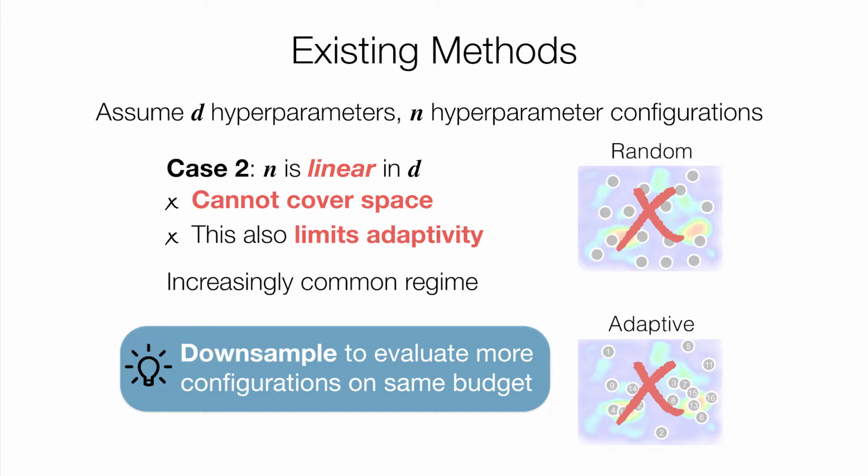So what do we do? We're stuck with a particular budget, something like n hyperparameter configurations. We're stuck with a search space that we want to use. So a natural idea is we can use downsampling. Instead of training models all the way, let's partially train models and effectively increase the number of configurations that we can look at. So what exactly can we downsample? How do we take advantage of this downsampling to effectively look at more configurations on the same budget?